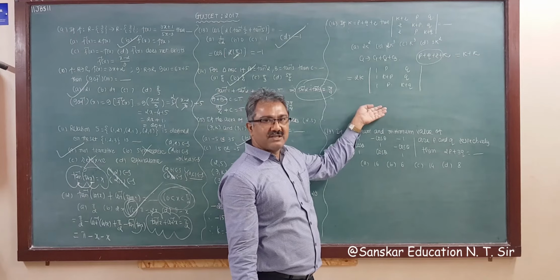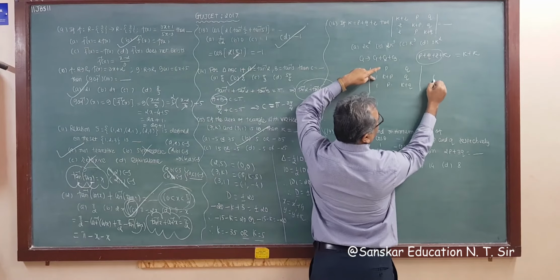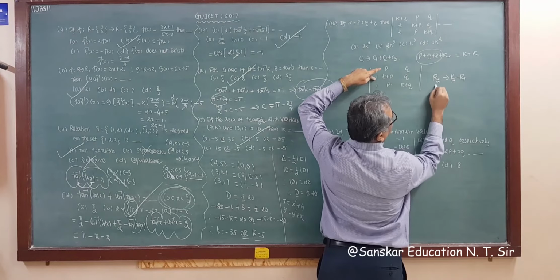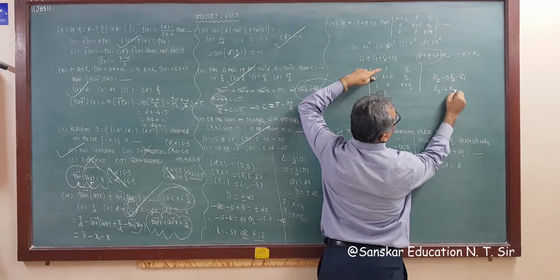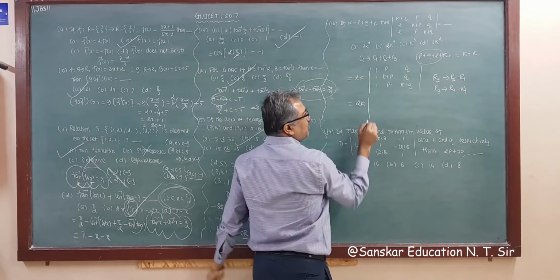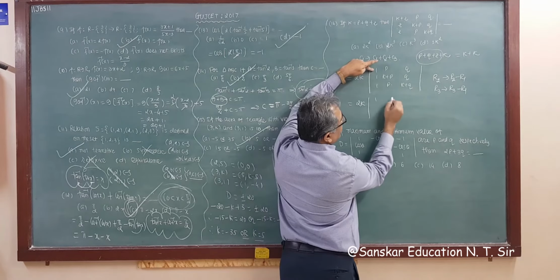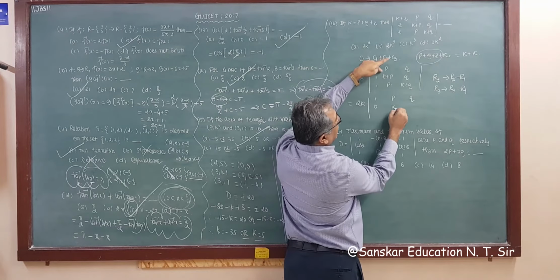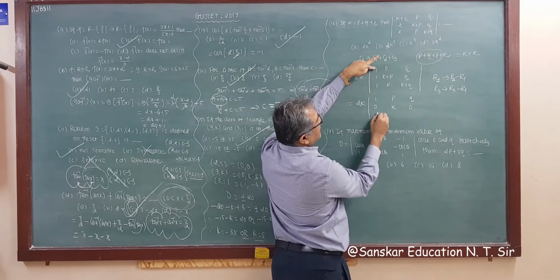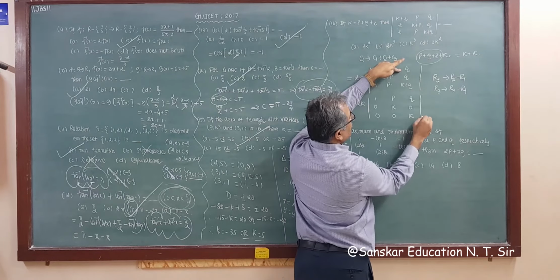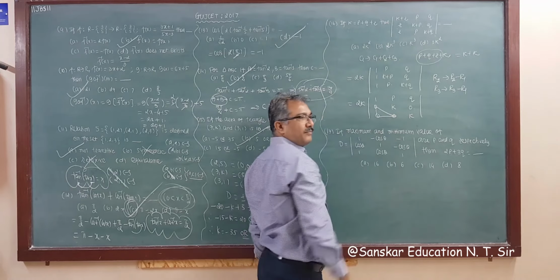Now 0 is obviously there. So what we have to do? R2 becomes R2 minus R1 and R3 becomes R3 minus R1. Then this becomes twice K into, now first row as it is, 1 minus 1, 0. This is K, this is 0. 1 minus 1, 0. This is 0. And P2 cancels, this is K. So you will get here a triangle.